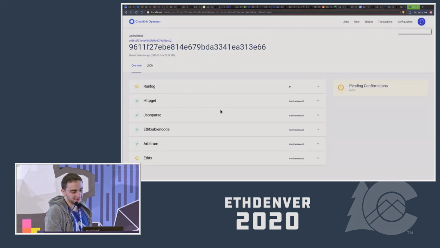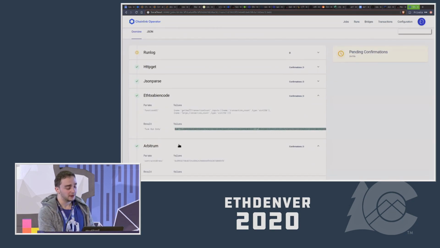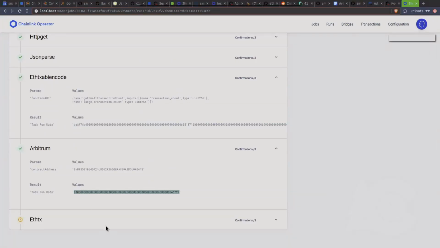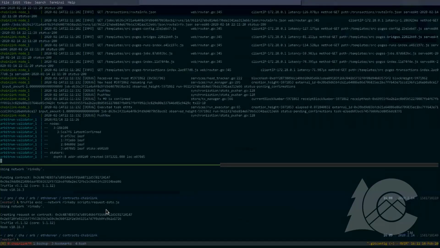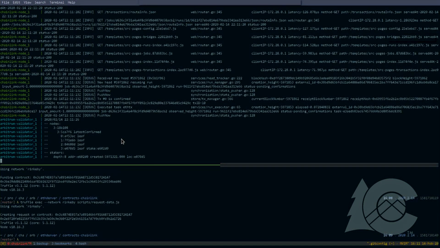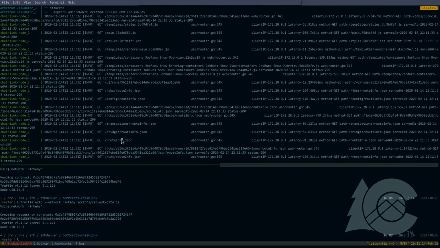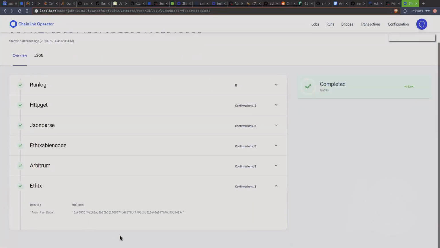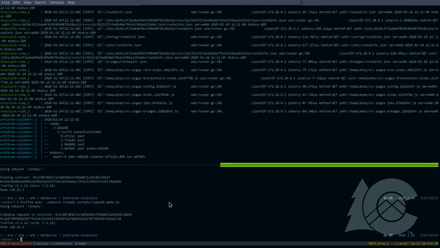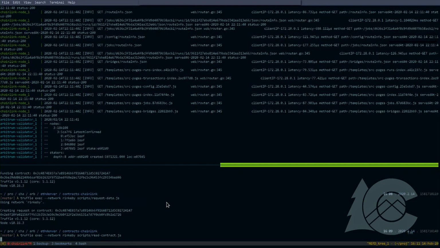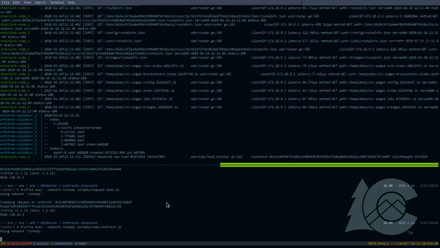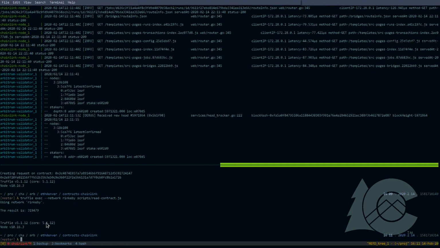All right. Okay, the computation is done. So now it's going to return the result on-chain. This should be pretty quick. And then we can read the data and see how many transactions were processed between the two Bitcoin blocks that we sent, basically. All right, so it's on-chain now. And if we run the script to read the data, let's see. All right, so there you have the number of Bitcoin transactions run.